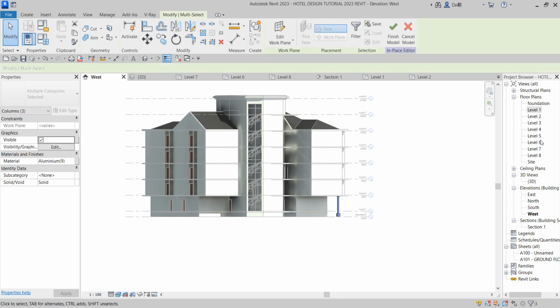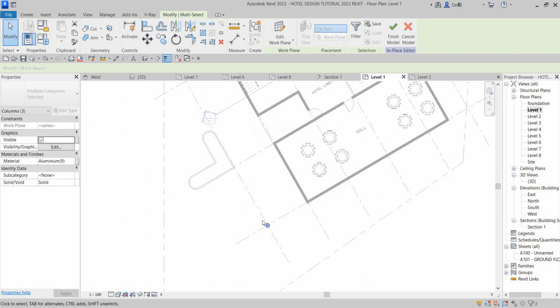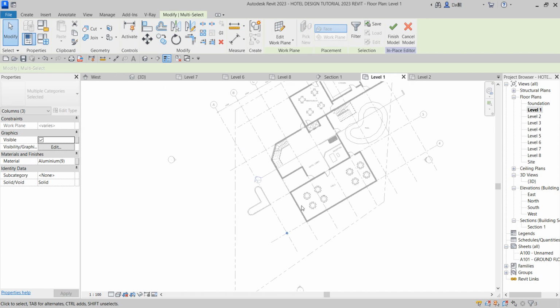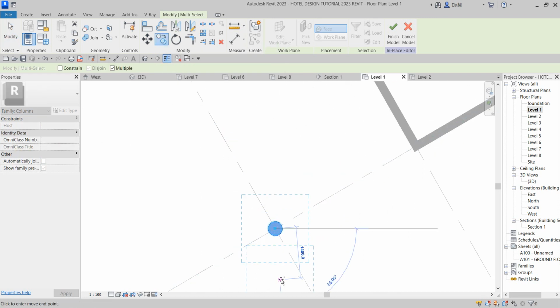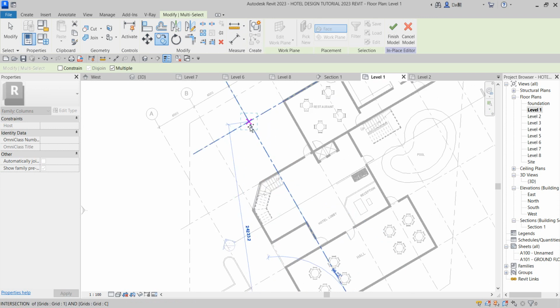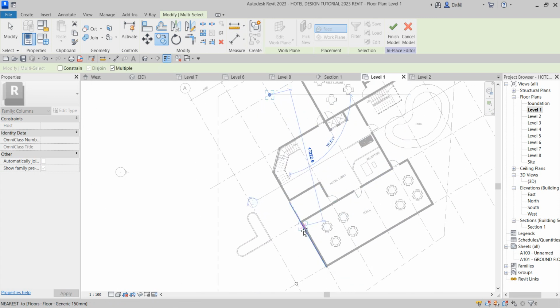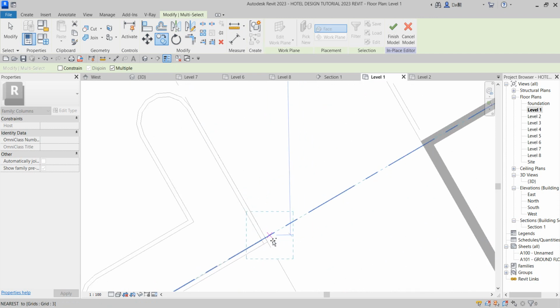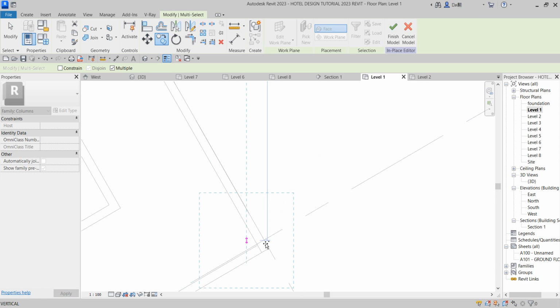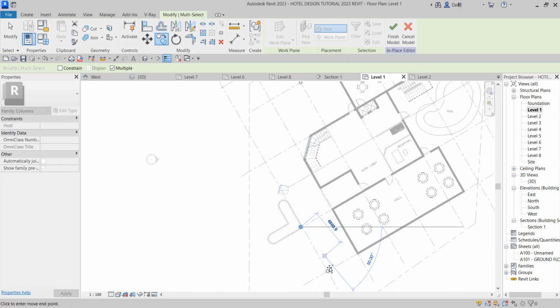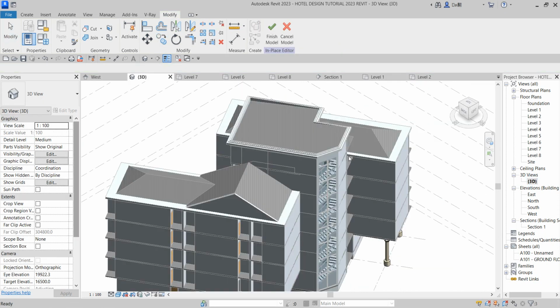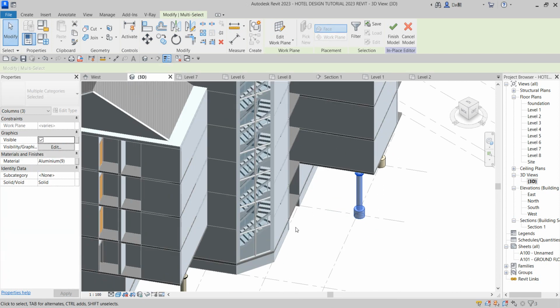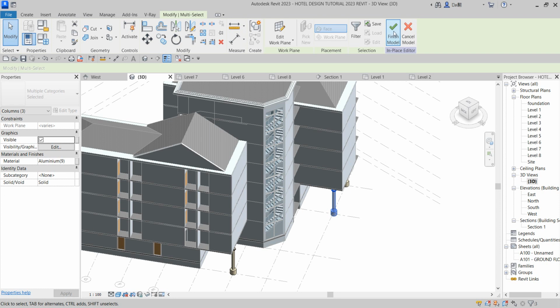So you can now select this and go to your plan view and bring these to any side that you know that you need them. So copy here. I want you to be at this grid. Yes. And I want you to be at this grid as well. Good. So when you look at it from 3D, did you enjoy what you are seeing? Yes, this is where I want them to be. So I'm done with this aspect for now,